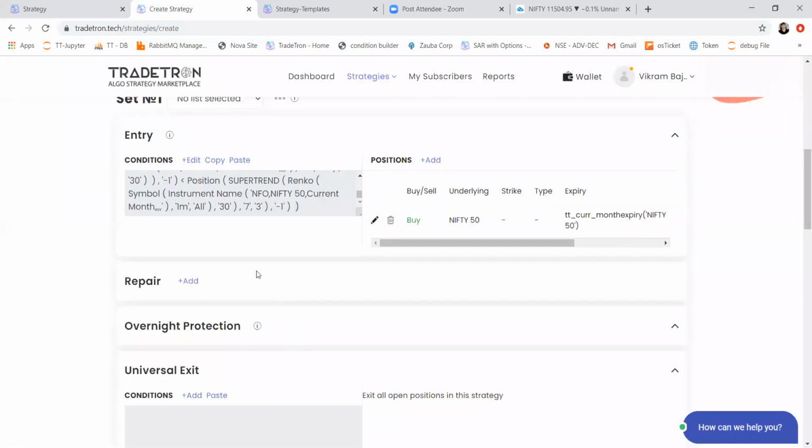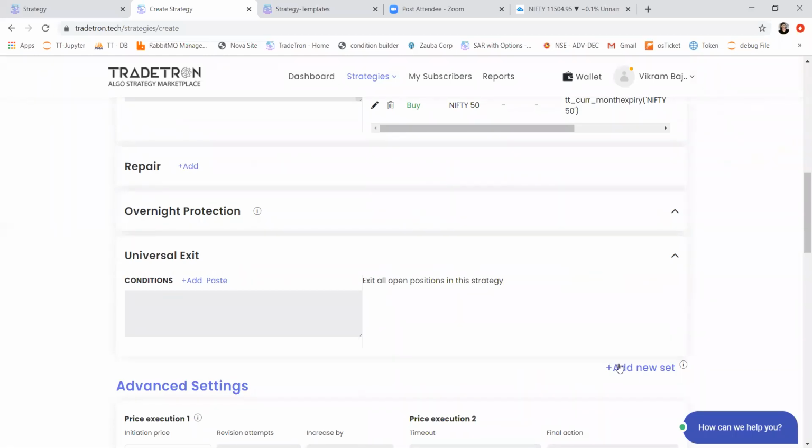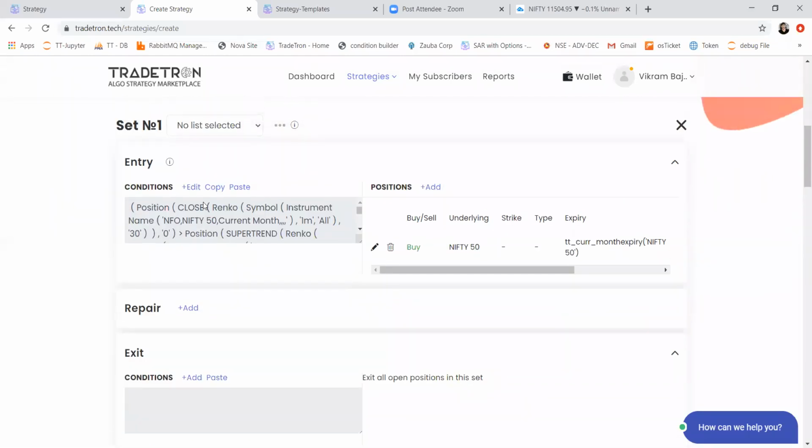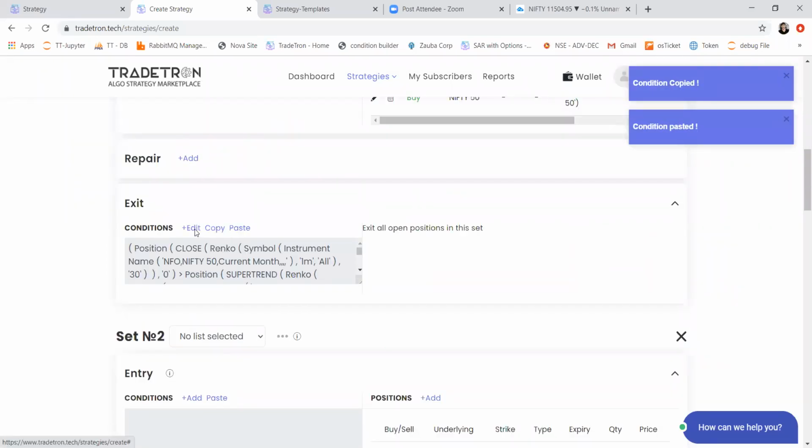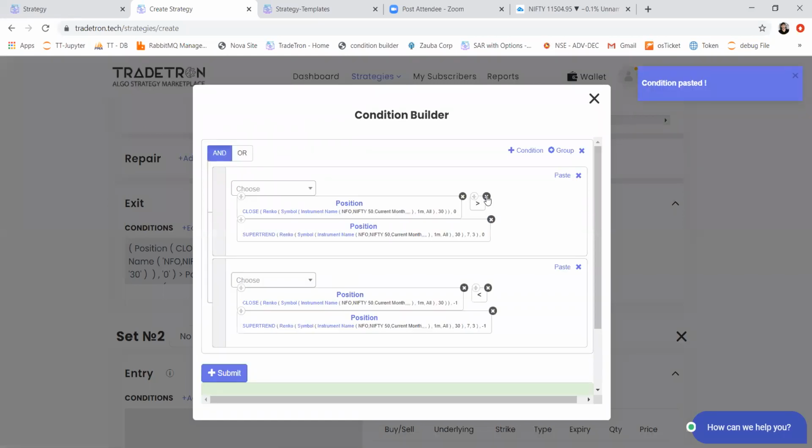Okay. Now we'll create the reverse condition of it as our sell position or exit from this condition. So that will look like this.